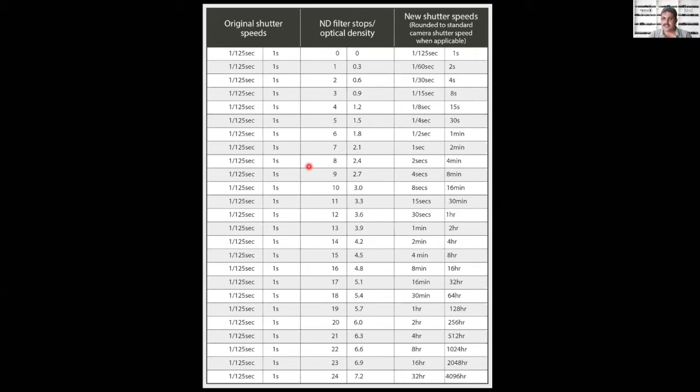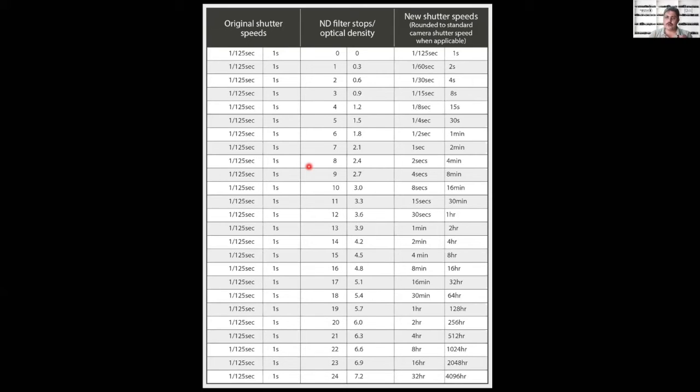Now you might say that I have a meter inside my camera. Doesn't that meter calculate what is needed? Now this is where the circular polarizer as well as circular neutral density filter as well as the square neutral density filter comes in. What happens is your camera meter is not really equipped to calculate such a long shutter speed.